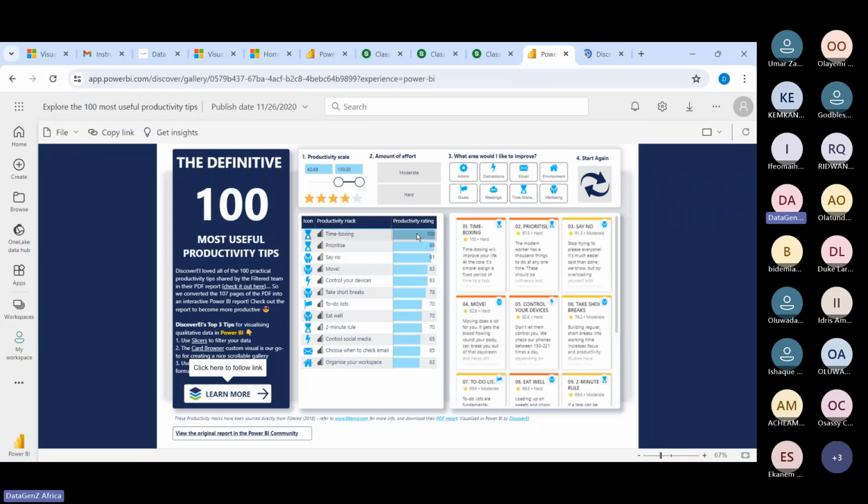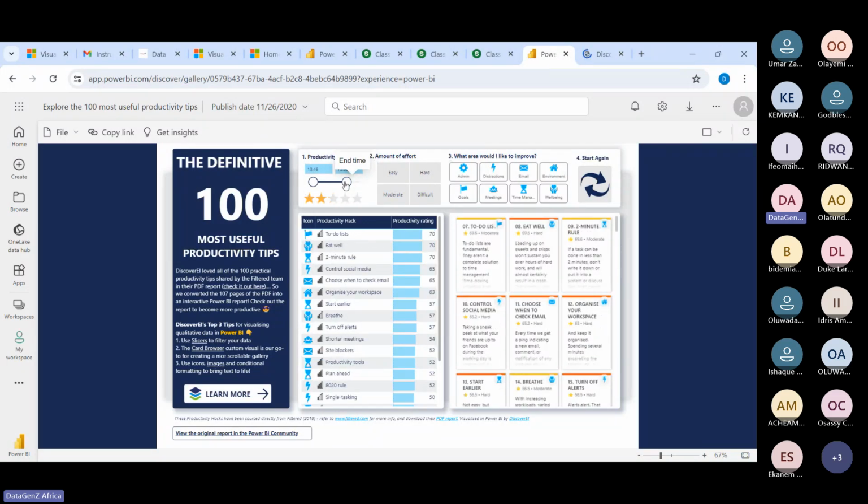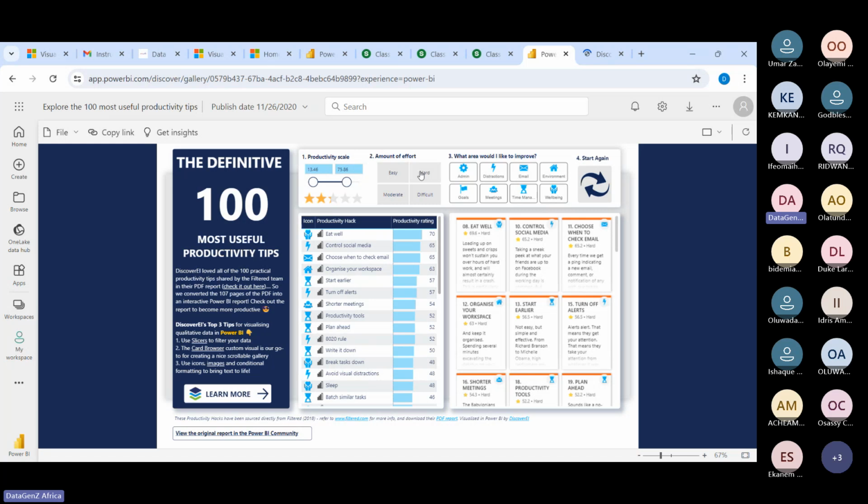So you can see number one, the productivity scale, right? The start time. If you change it, you see that every other thing is changing on the dashboard. So that's what happens when you're using Power BI. You can see it's affecting other areas. Amount of effort, easy or hard. If you click on add, right, it affects the graph. So because their semantic model is very, very well connected, that's why you can easily connect with each of these